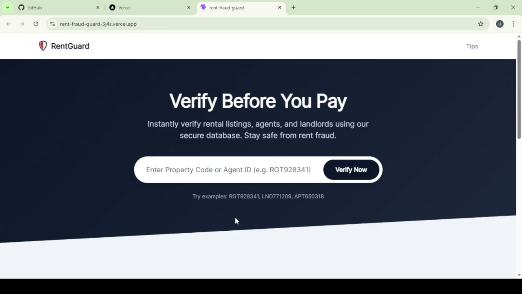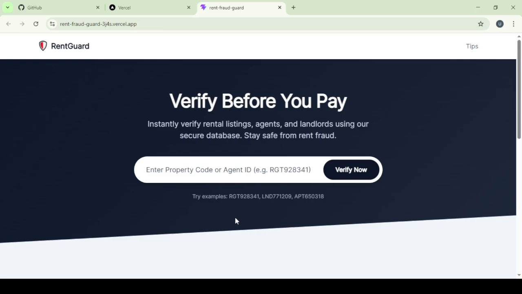I work on a rent fraud detection web app, a platform designed to help users verify listings and avoid scams by fraudulent agents, fake agents, or fake listings. It has been a problem all over Nigeria, like Abuja and Lagos. We talk about Aba, Port Harcourt, Omoyaya also, where you see fake agent posts everywhere,